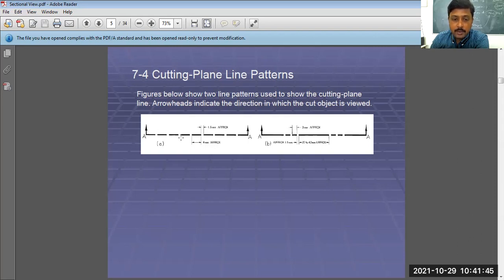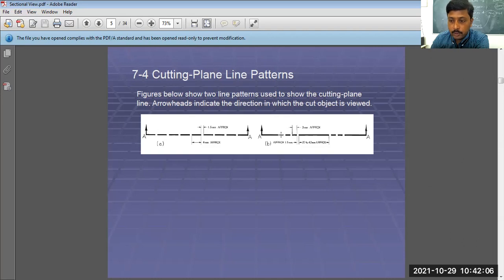This is a dashed line where all the dashes are of the same length, that is 6 mm, and the space between them will be 1.5 mm approximately. But in this second line, we are using two different lengths of lines.